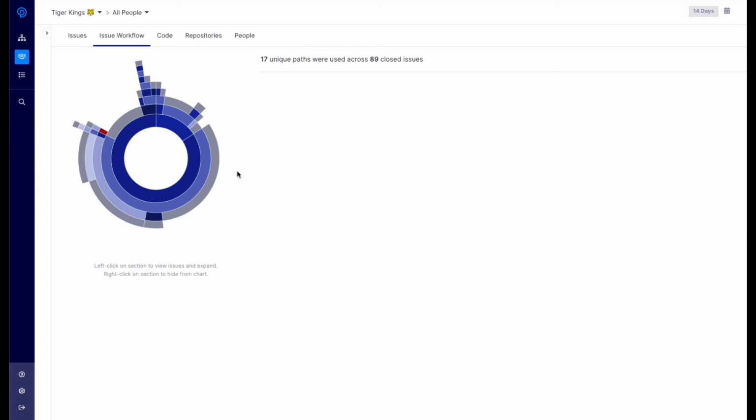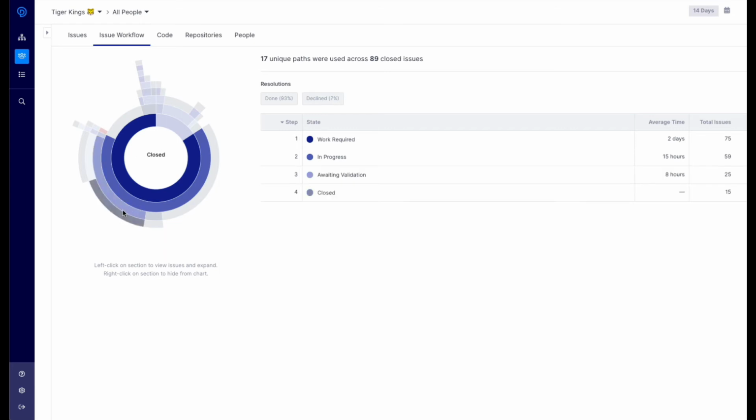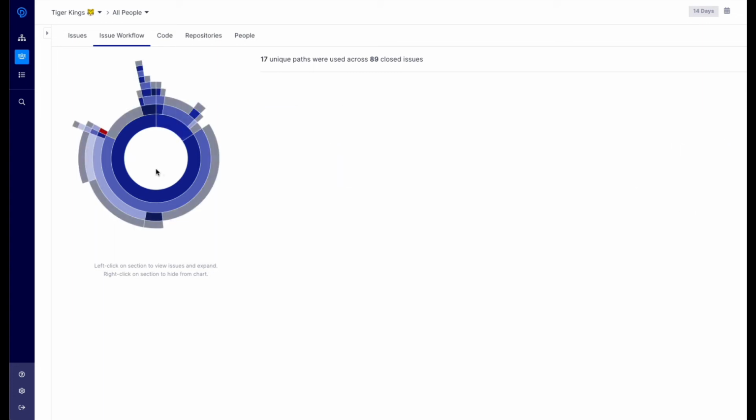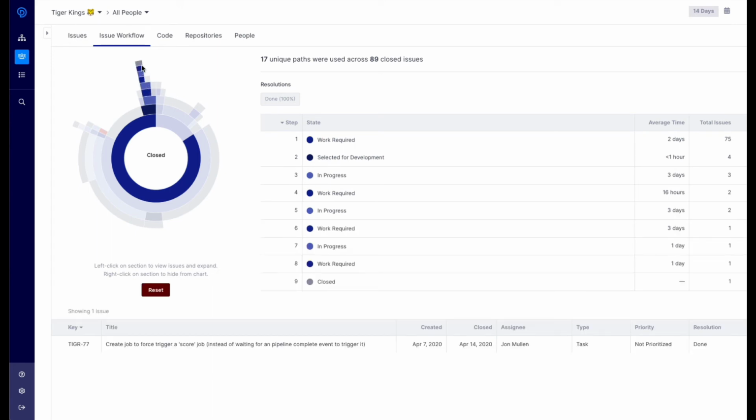Now for us, if I highlight over the center, I can see work required, going into an in progress state, awaiting validation, to closed, or actually going through an acceptance state to close. This would be considered our happy path, what was predefined for us in Jira. But what Pinpoint wants to help you understand are where those outliers exist. So as I scroll up and click, you can see that we are looking at